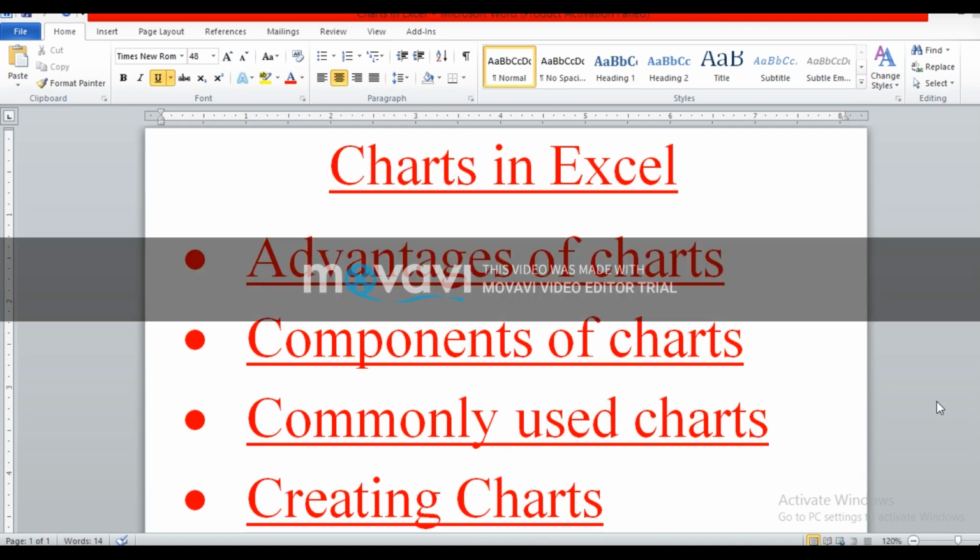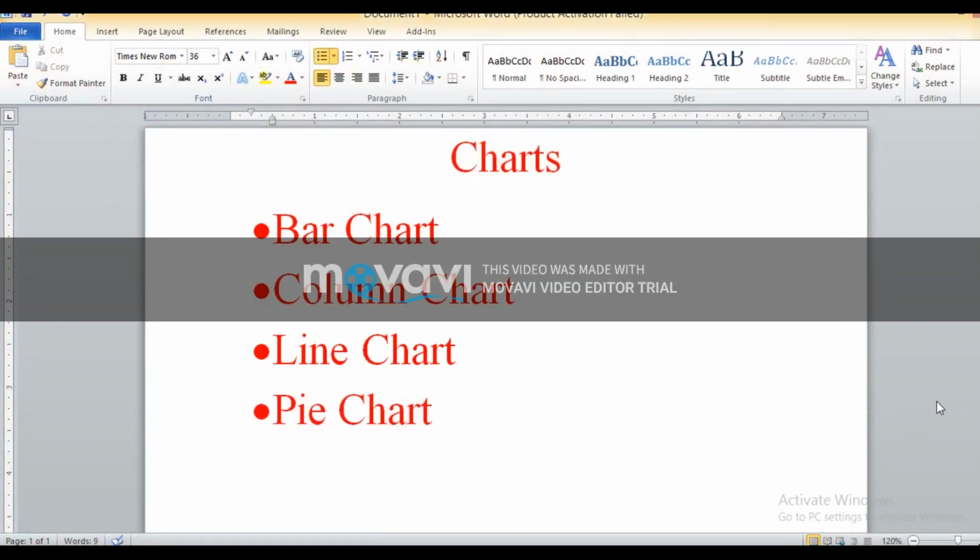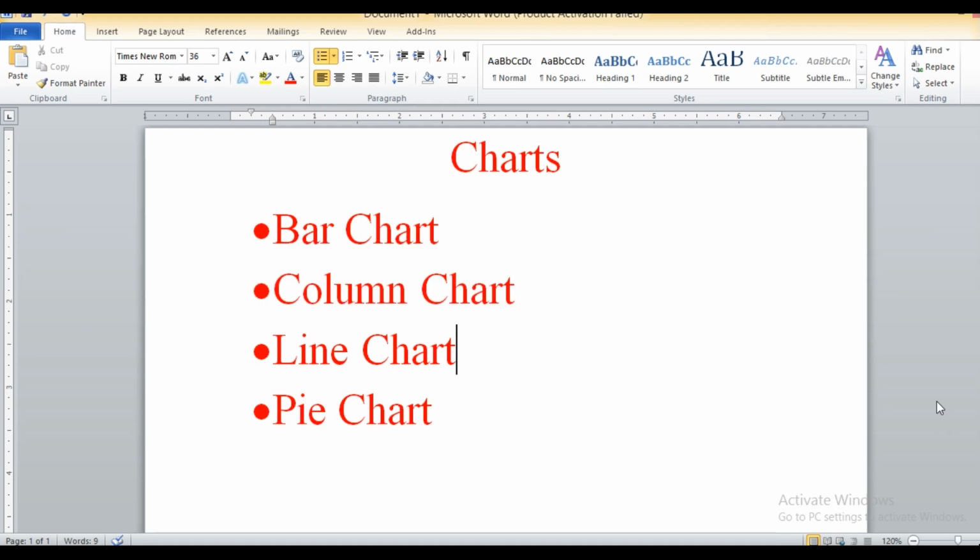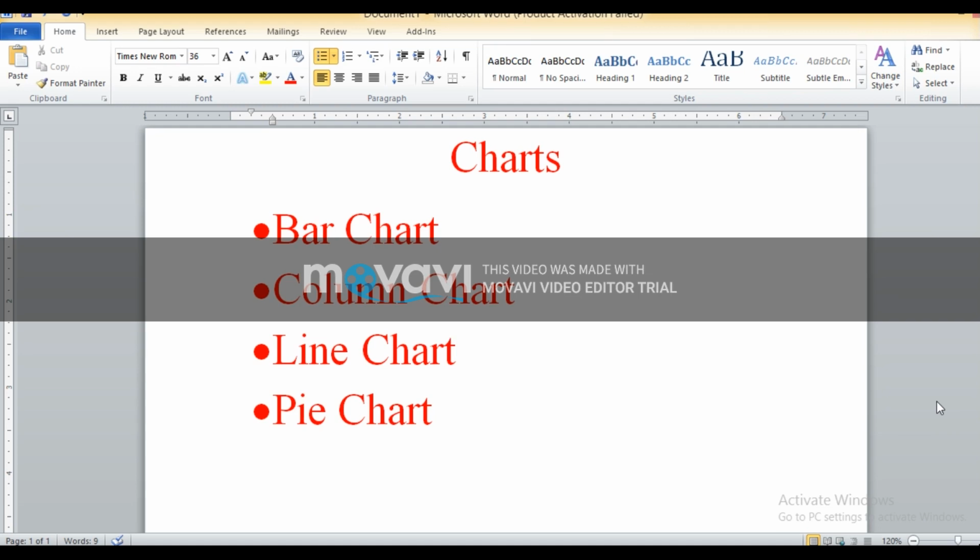When we want to represent data for students, like whether they are scoring good marks or bad marks, how much the student scored in English, maths or different subjects, for that we use a column or bar chart. To represent the data on the scoreboard for the cricketers, we use a line chart.